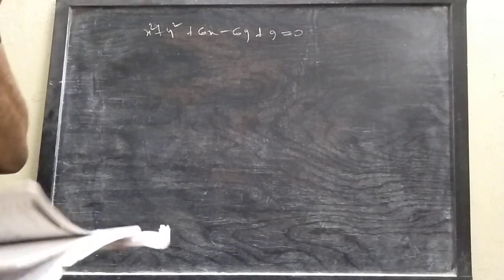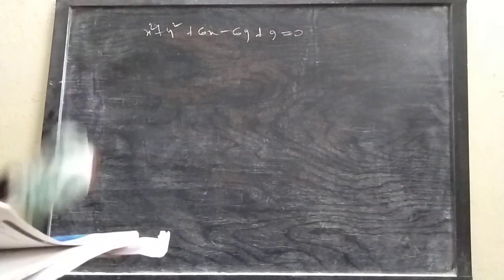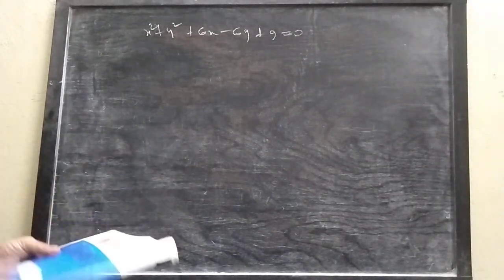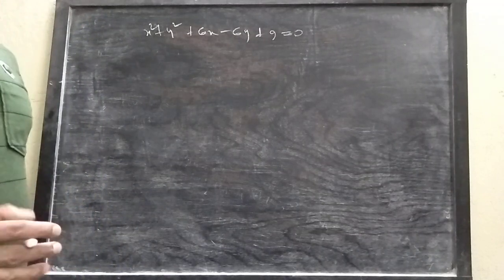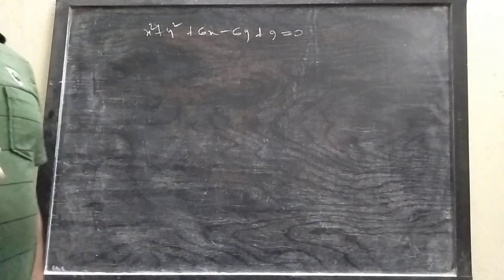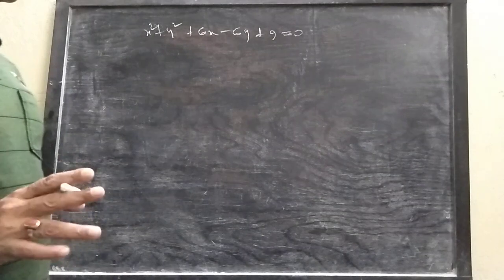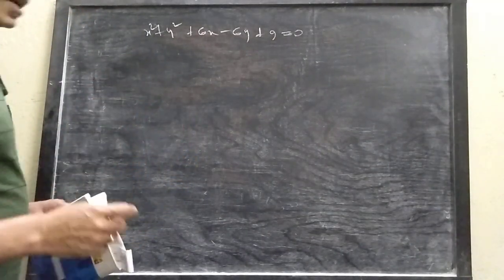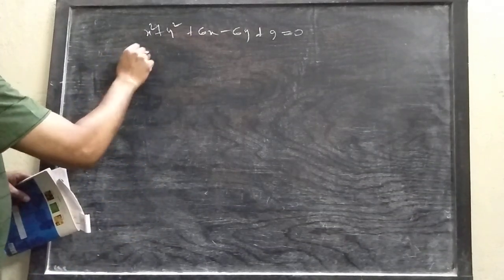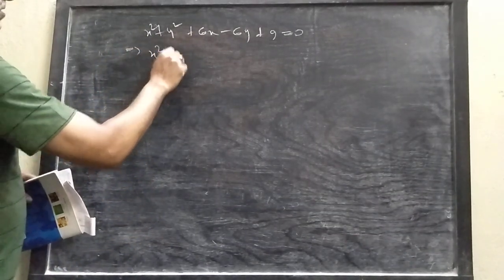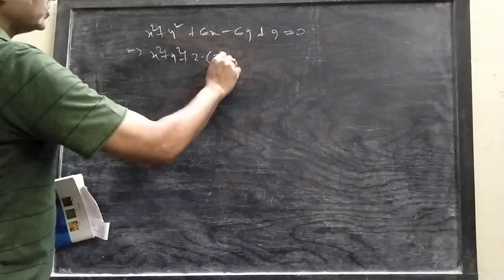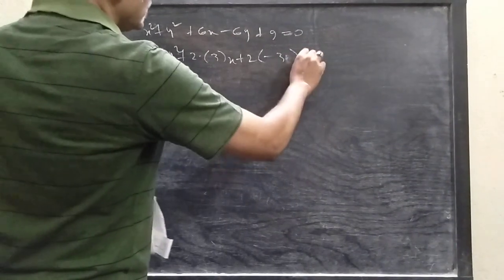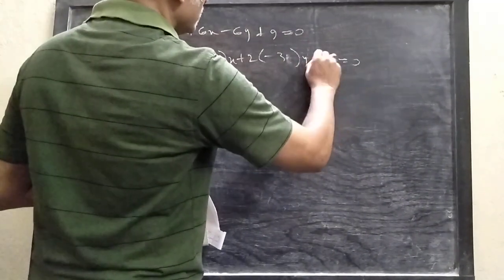We have discussed in our previous class that the condition for a circle to touch both the coordinate axes is that the absolute value of the abscissa and ordinate of the center must be equal to the length of the radius. So let us first find the center and radius of this circle. Write it in the general form, that is x square plus y square plus 2 into 3 into x plus 2 into minus 3 into y plus 9 equals 0.